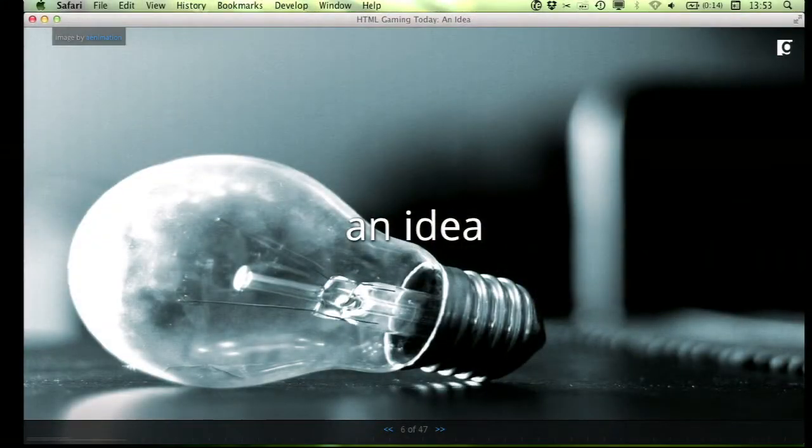So what do we need to make a great game? Well, to start off with, we need an idea. And obviously, web standards can't address this directly, but they can definitely influence it, right? We can gain a lot of inspiration, both from the technologies that we have available to us, the specific APIs and such, as well as from the medium that we're building on top of.